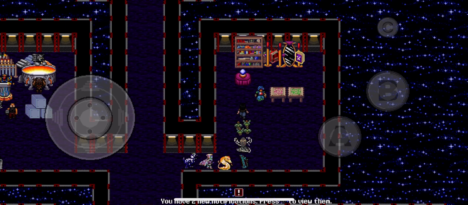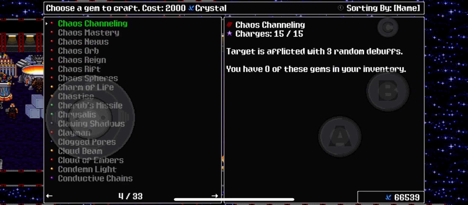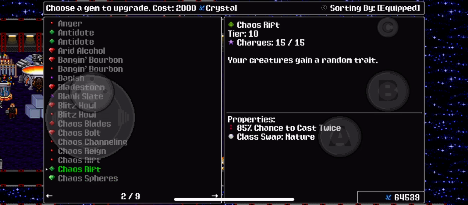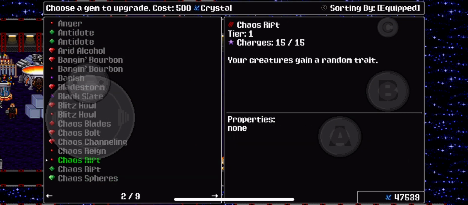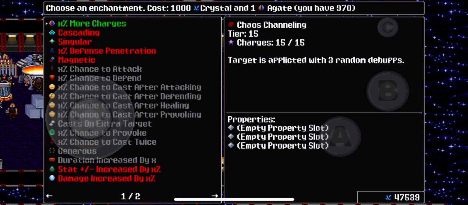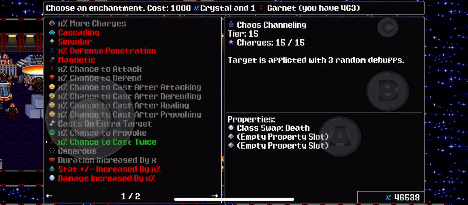So, yeah, let me just craft that. And there we are. That was easy. I love easy. Okay, so we'll get chaos channeling done. There we go. Alright, and then upgrade that with, let's see. Oops. No, you know what I mean. Enchant, rather. Chaos channeling. Okay, gotta make it a death spell, so. Oh boy. So if I put cast twice in, it's not gonna be as good as generous. So I'll just put that in, and